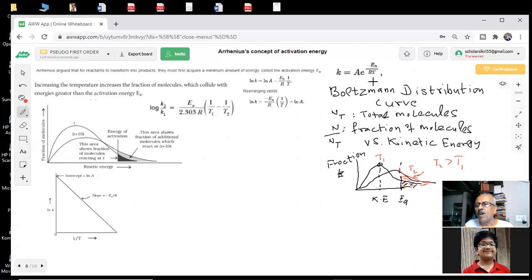So when the fraction of molecules which have energy greater than activation energy increases, what will be the result, students? The K value will increase, and that means the rate of the reaction will increase. In fact, you already know in chemistry that in a lot of reactions, with air, water, acids, metals, in cold conditions you see no reaction, but you heat. What do you mean by heat? You give more energy to the water. The higher the energy of the water, the reaction takes place.